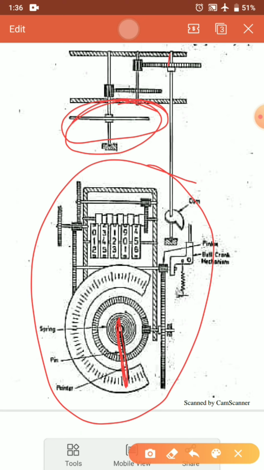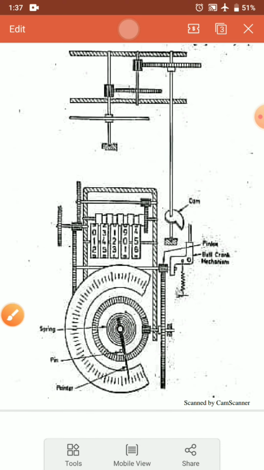Now the energy meter's disk will be somehow connected, using some gearing arrangements, to the Merz Price maximum demand indicator. Now here we can see that it will drive a pointer. This pointer will be driven by this disk using some gearing arrangements. That is, this pointer is somehow connected to the energy meter. Now when this energy meter is rotating, some gearing mechanism will be used, and that gearing mechanism will try to move this pointer.